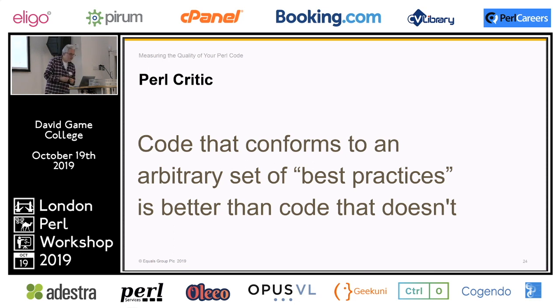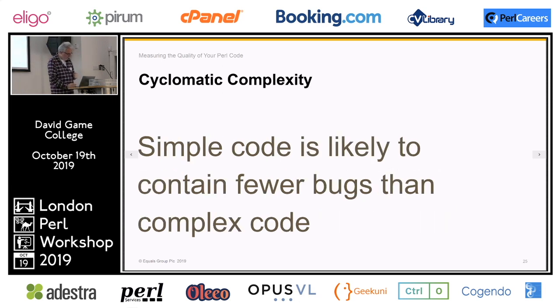On slightly shaky ground here, code that conforms to some arbitrary set of best practices is better than code that doesn't. But the important thing here, when we're talking about Perl Critic, what some people don't seem to realize is you don't need to use Perl Critic as it is out of the box. You can configure it to measure your own set of coding standards. You can turn things off, you can add extra things. So decide what the quality of your code should look like, and then implement Perl Critic in a way that measures that. And finally,